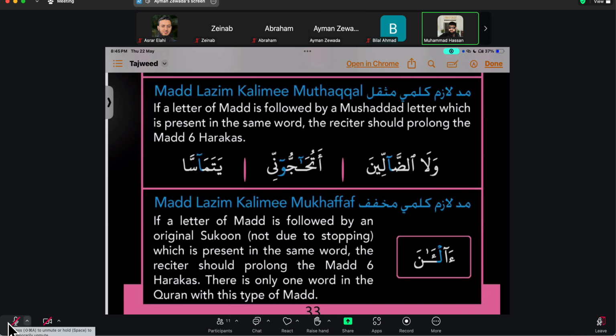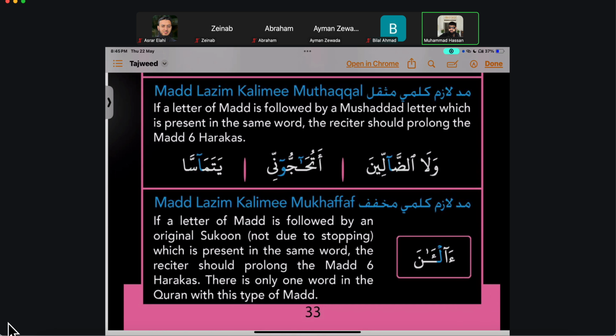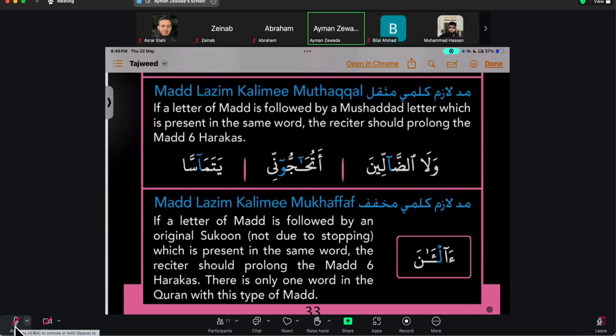No, I mean to say, because it's mad lazim, you have to do the mad. So probably it has to do something with the meaning in the ayah, because it's required that this word is elongated, so that it's emphasized in the ayah. That's what I'm thinking off the top of my head. You mean the meaning of the word will change if you don't do it, which is why you must do it? I don't know if it will change or not, but it will not be emphasized in a sense. The rhythm of that meaning won't be there, I guess. That's off the top of my head, but maybe there's another explanation.